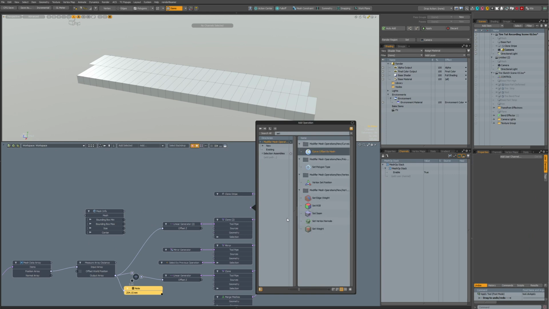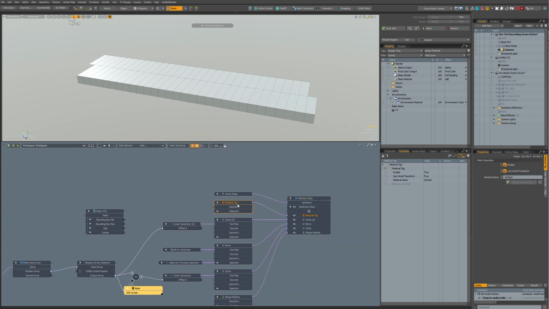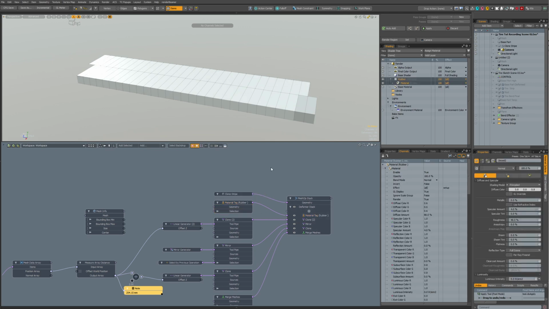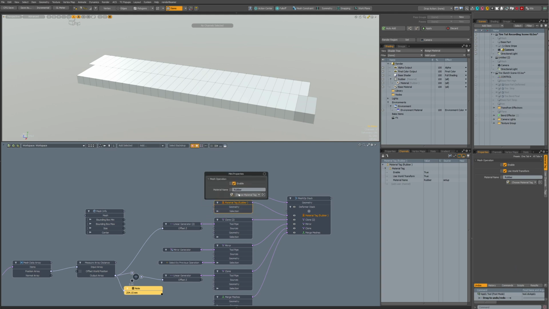Set material tag, and let's call it rubber, for example. Okay, and it made it. This create button is from Selection NerdKit.